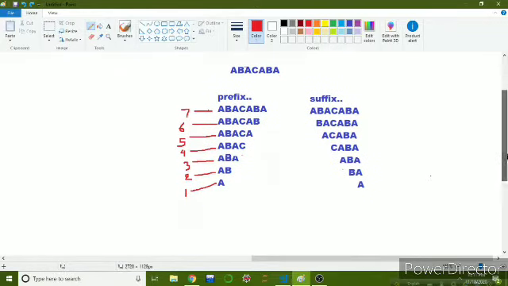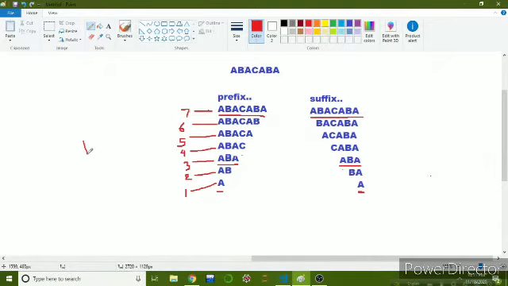So from here we can see that this is a prefix of length 1 and this is a suffix of length 1, and both are equal. Again, this is a prefix of length 3 and this is a suffix of length 3, and both are equal. And similarly, this is a prefix of length 7 and this is also a suffix of length 7, and both are equal.